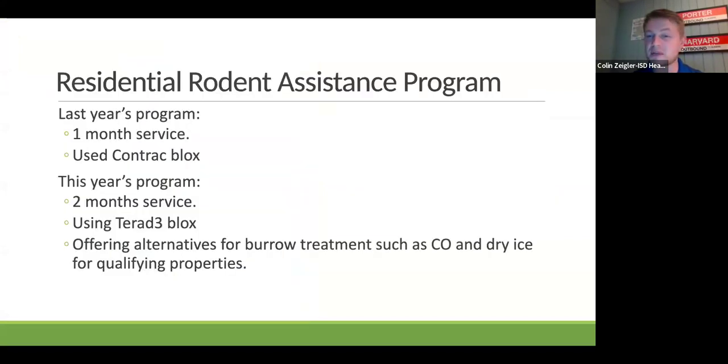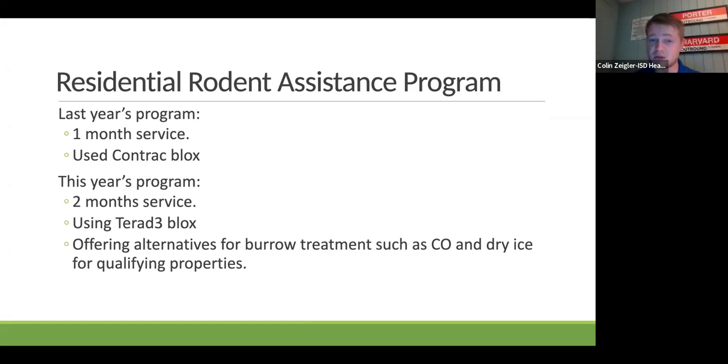I also wanted to touch on the updates to the residential assistance program. Again, this is one of the first of its kind in the nation. We provide free rodent control assistance to properties of 3 units or less. Initially, we had just been doing 3 weeks of treatment and consultation. We took feedback from the public, who said they wanted more engagement with our inspectors and our pest control technicians, and they wanted different options. And we have heard that.